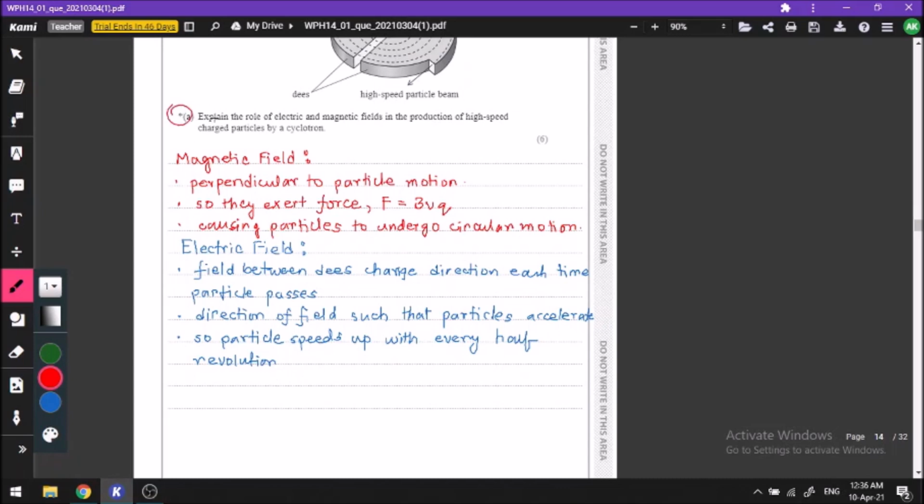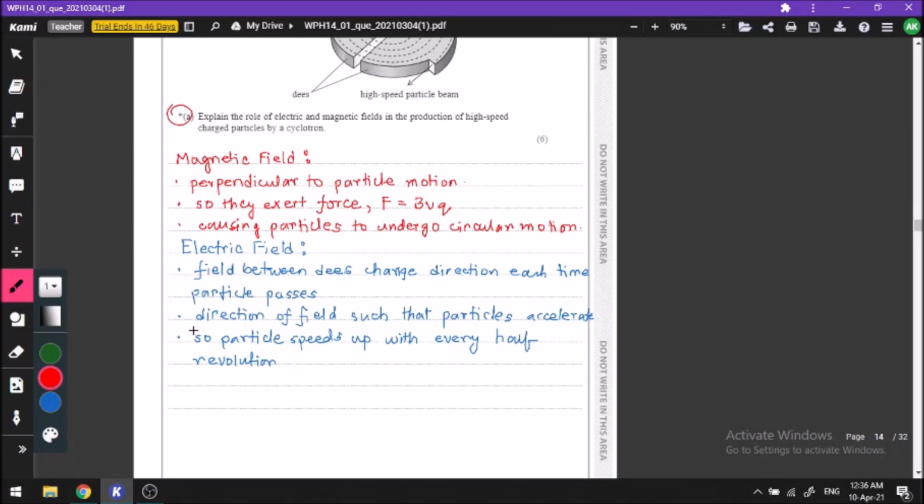So your quality of written communication will be assessed. You need to write the answer in a very systematic way, not necessarily in the way that I've written. You can use full sentences, but it will be better if you use points like this, so that you can show the examiner that you have used exactly 6 points or maybe even 7 or 8 points. The examiner can choose according to his wish which points he will take for your marking.